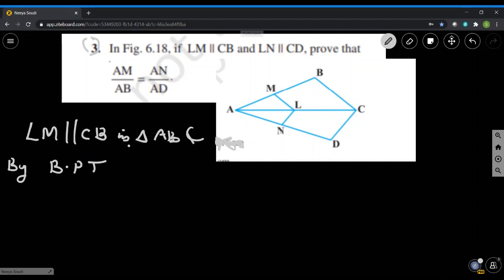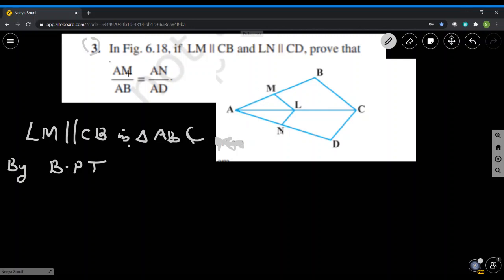You can see here AM by AB. You can just watch the figure, and AM by AB is equal to AN by AD. So LM is parallel to CB, in triangle ABC. In triangle ABC, apply BPT, the basic proportionality theorem. We can write AM by MB is equal to AL by LC, or we can write